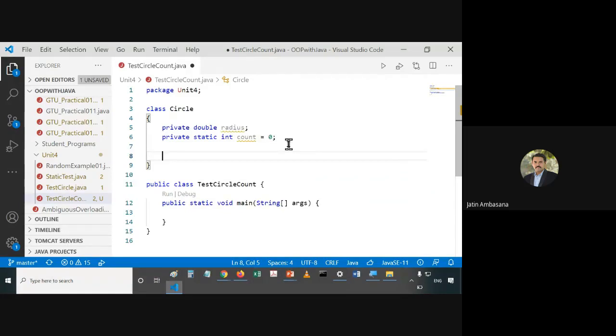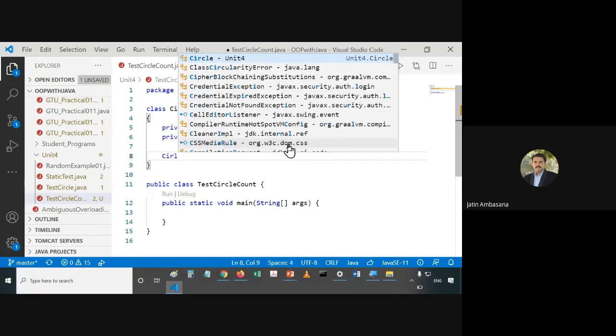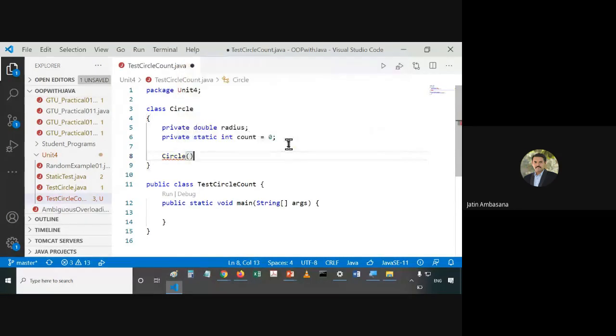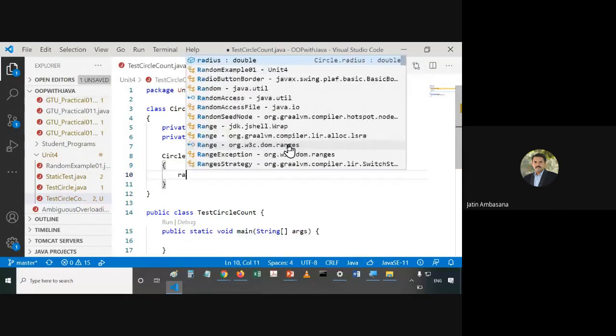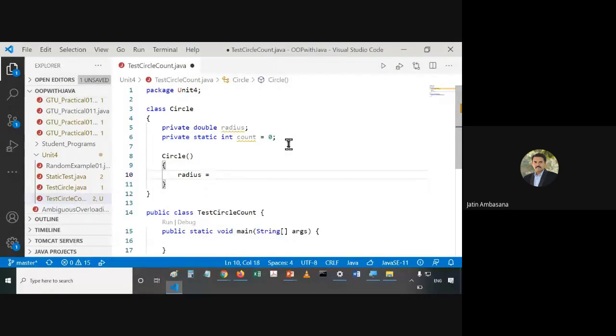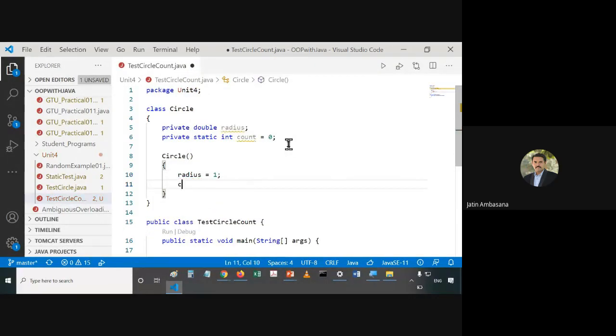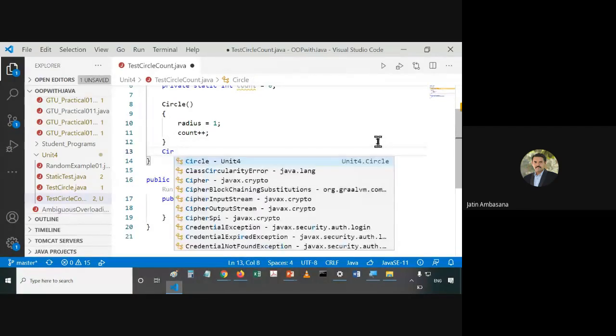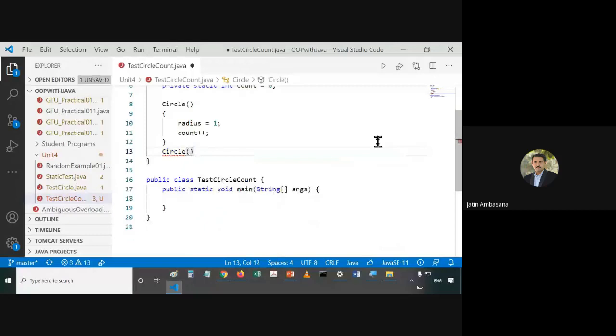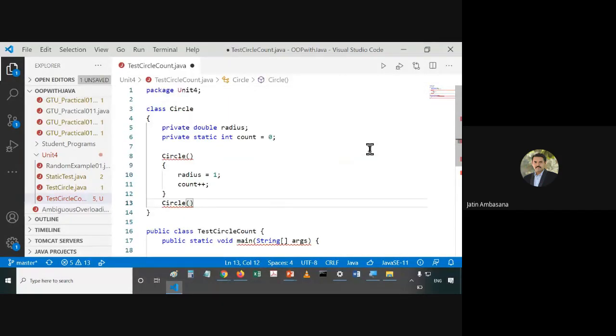Now it's our turn to make the public methods. So before we make the public methods, let's make the constructor. So this is the default constructor or no-argument constructor, which will set the radius value to be 1 and will increment the count by 1. Okay. And similarly, we can have a circle constructor, which is basically parameterized.